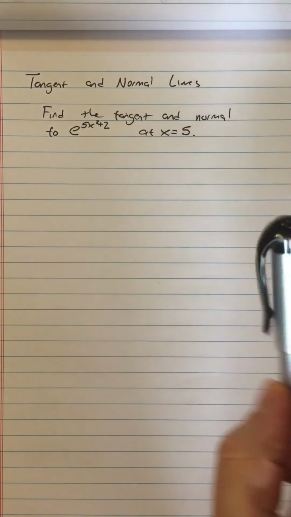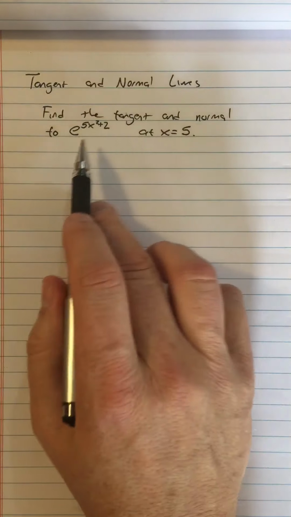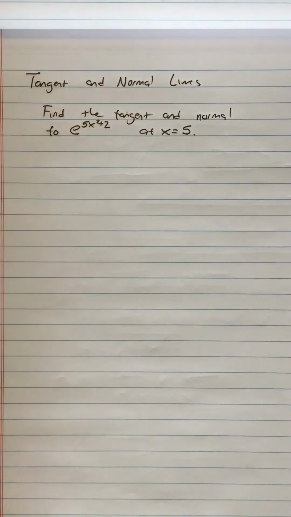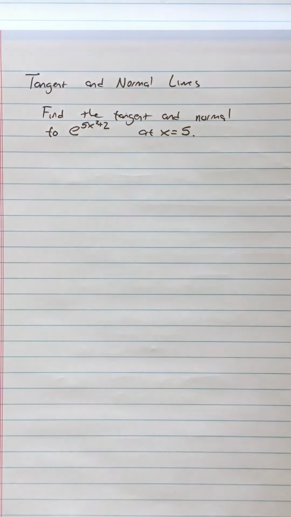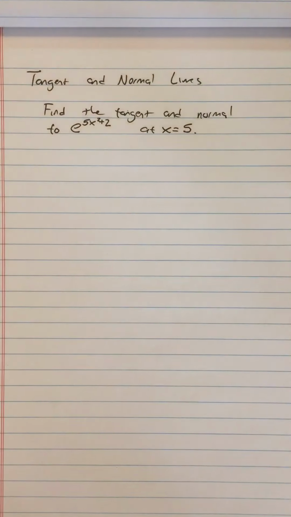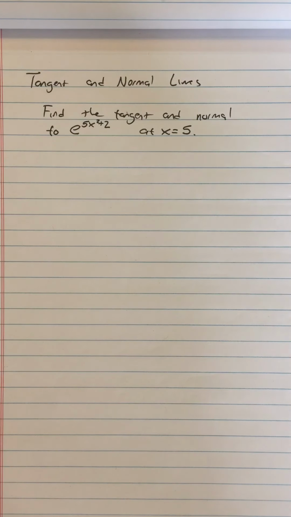So our next part of the review is tangent and normal lines. So I'm going to find the tangent and normal lines to e to the 5x squared plus 2 at x equals 5. I wanted to pick a somewhat challenging one so that we could also work on